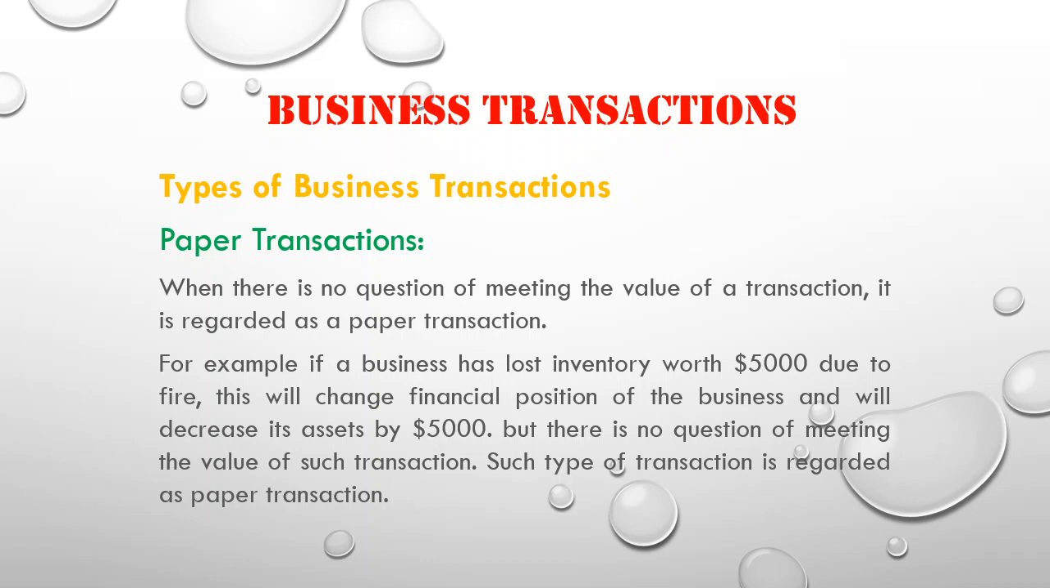It is regarded as a paper transaction. जब भी किसी transaction के result के तौर पे उसकी वैल्यू बिजनेस मीट ना कर सके तो उसको हम पेपर ट्रांजैक्शन कंसिडर करते हैं. फॉर एग्जांपल, इफ अ बिजनेस हैज लॉस्ट इन्वेंट्री वर्थ $5,000 ड्यू टू फायर, this will change the financial position of